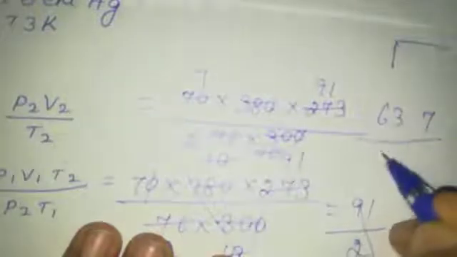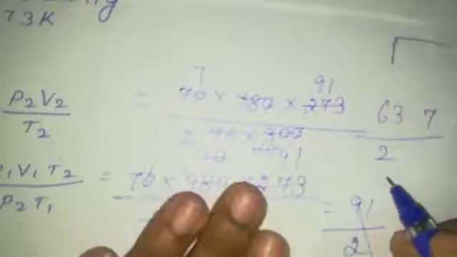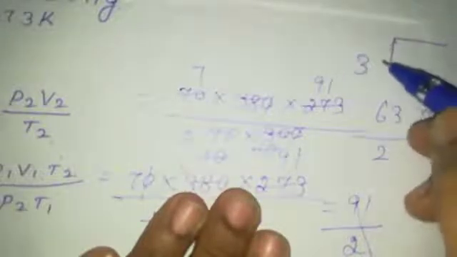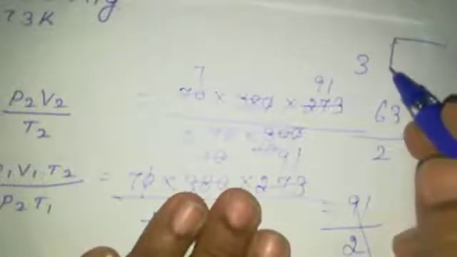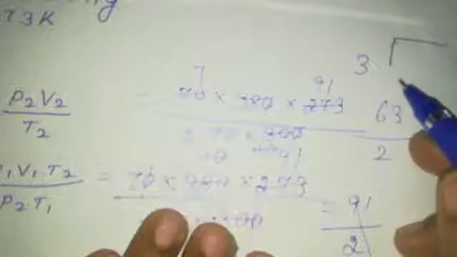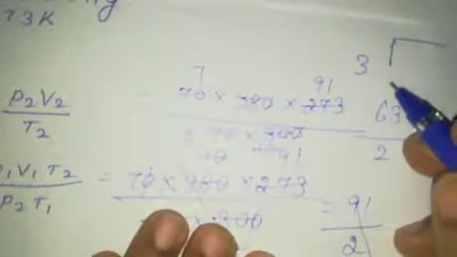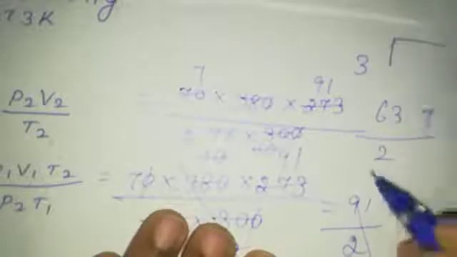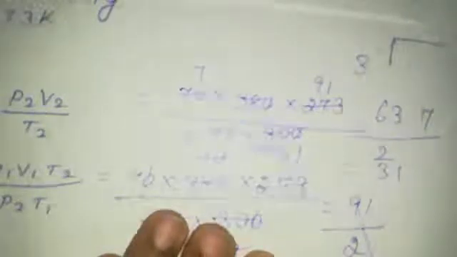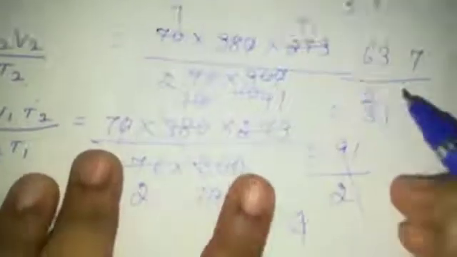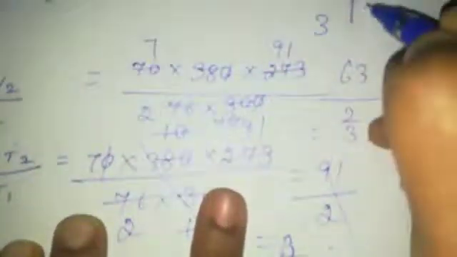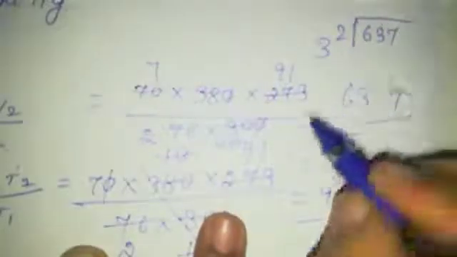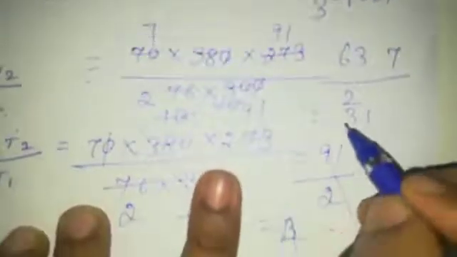63 divided by 2. So what is the value which you are going to get here? It's 3 something. Is it 31? Divide it and check, it is 31. The calculation which I have done earlier is right only, I think so. It's divided by 2. So 637 divided by 2, you can roughly tell me the answer as 3.